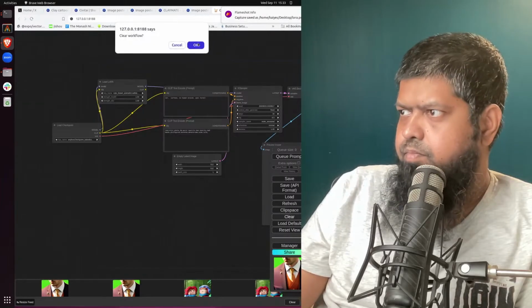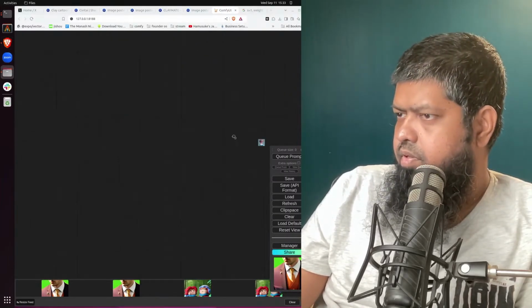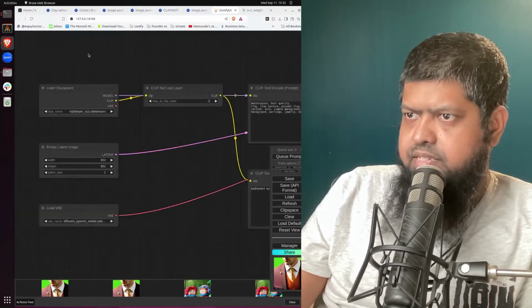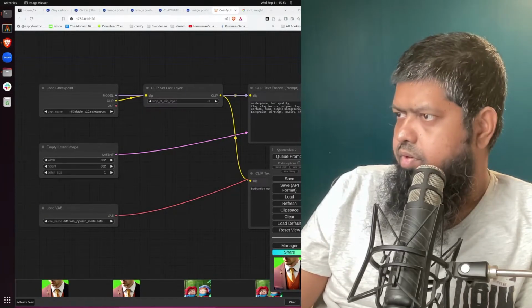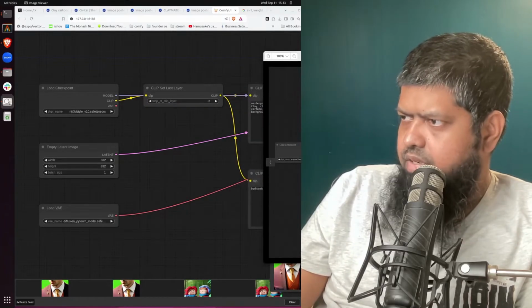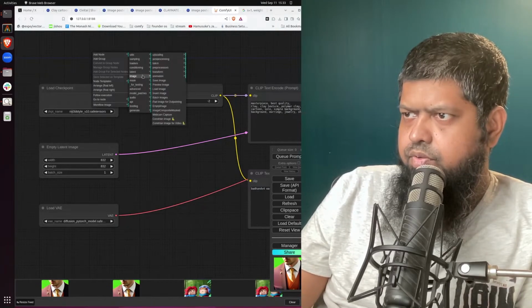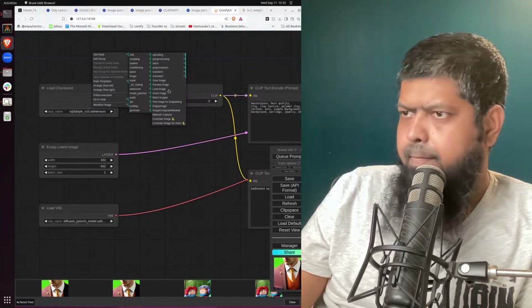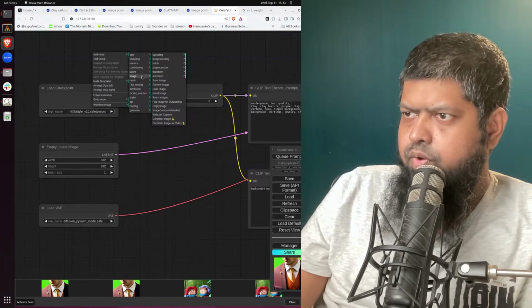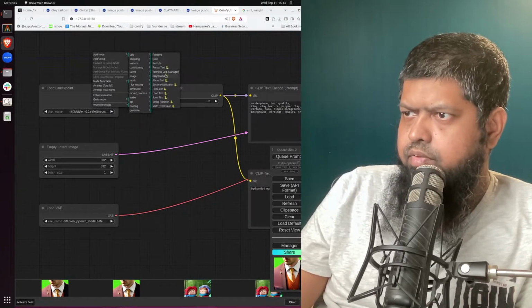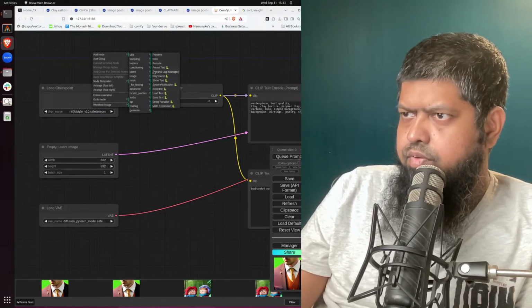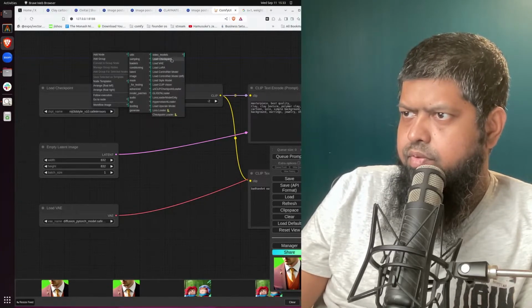So right now, yeah, we are doing the clay girl, but this is not definitely loading the LoRA. So we are gonna, from the load checkpoint to LoRA, add node, load LoRA, utilities, loaders, load LoRA. Okay,